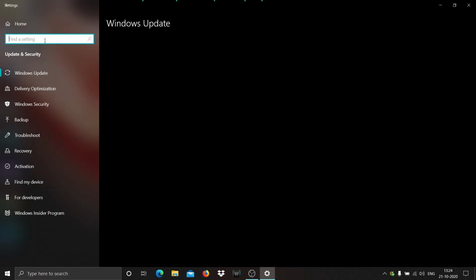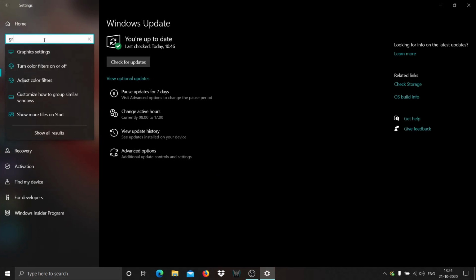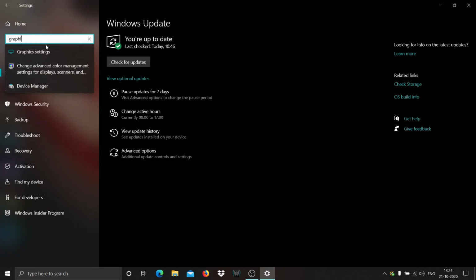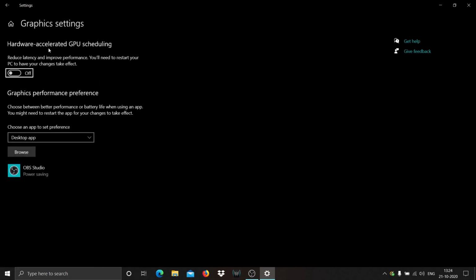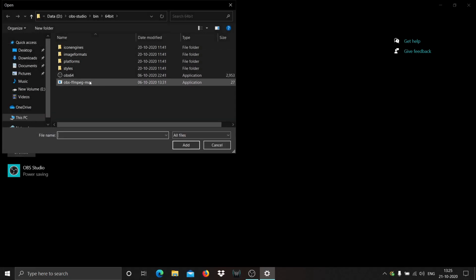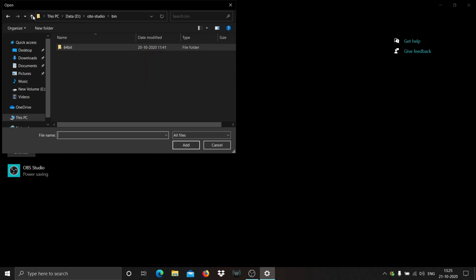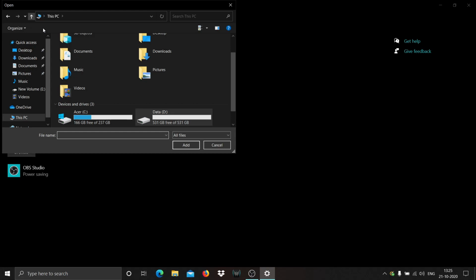Here you have to type graphics settings. Here you choose which app you need for your graphics card. Like that, I have chosen OBS Studio. So I will show you how to choose it.